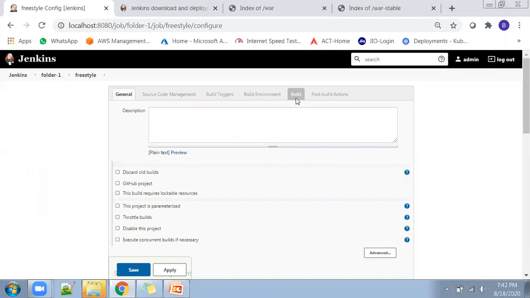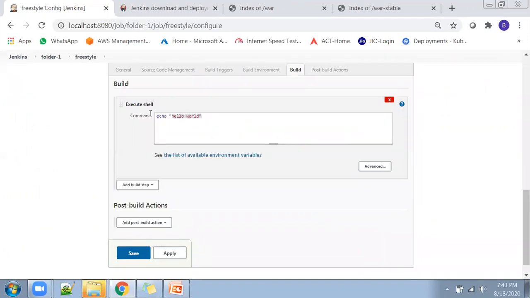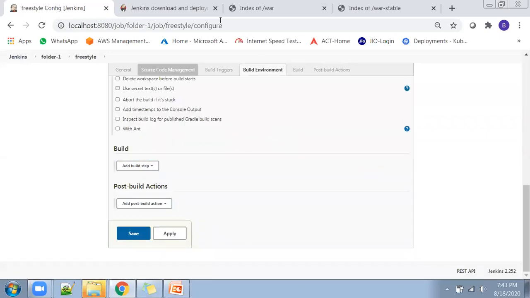So he can go to the build section and provide Ansible related commands here, and schedule it so that at the particular time the task will run and his Ansible deployment will execute. As of now, we have seen echo hello world. This is a very basic shell script command. Now I will show you how to execute something else.